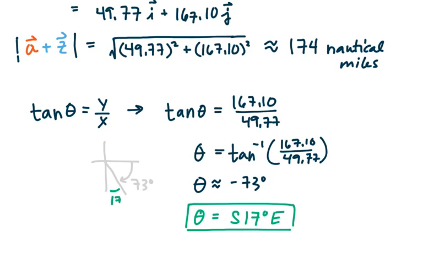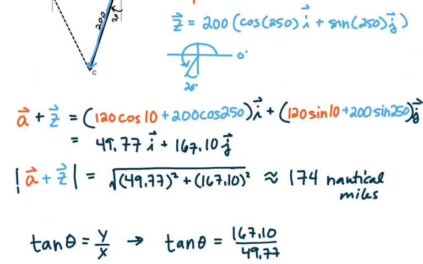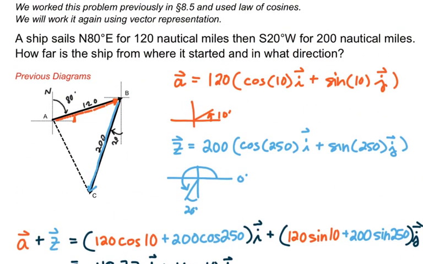And again, you may be saying, Miss Stein, this didn't seem like it was that much faster. Well, it can be when you understand the notation. It really can simplify and shorten your calculations, especially when you're dealing with multiple vectors occurring simultaneously and potentially solving a system. So feel free to go back in your notes and review or relate this to where we worked the problem before. And again, when you get to Calc 3, you're going to see a lot of this vector notation all semester. So it's nice to give you a little introduction to it here in our Trig